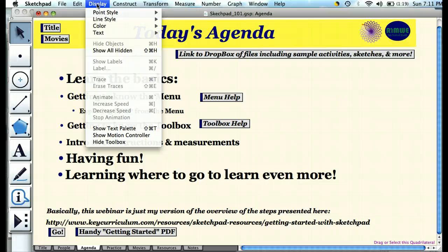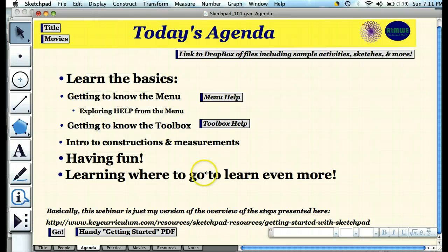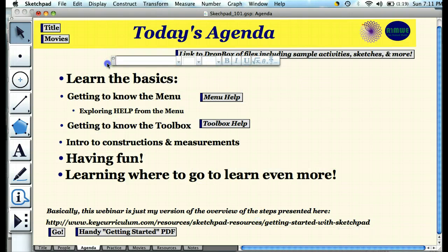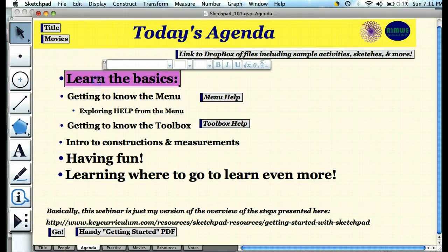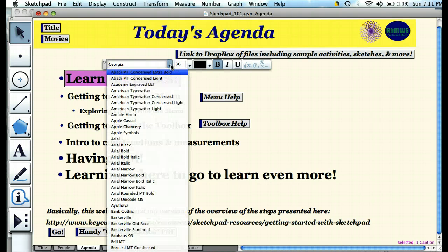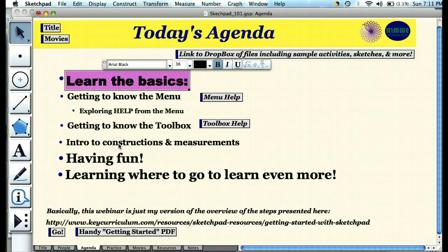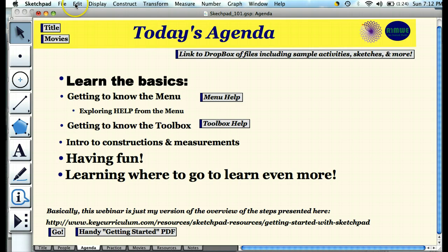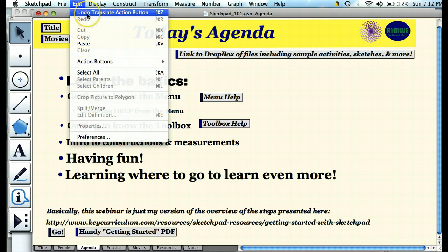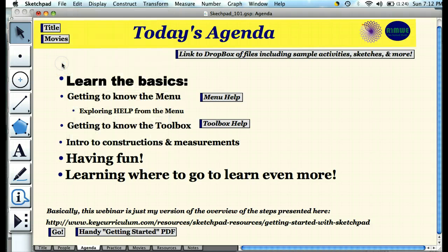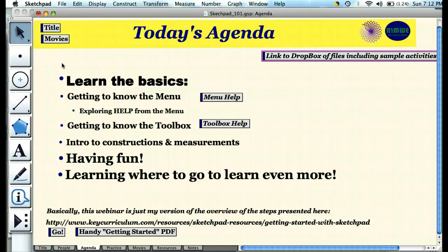Under display, this is where you can do things like turn on and off the text palette, which is this little menu bar right here, to show you, for example, how to change the font. Okay, so right now you'll see I'm using Georgia. If I want to change, for example, to Arial Black, I just select the text box and do that. If you don't like what you just did, everybody knows undo. Okay, and so you can undo that